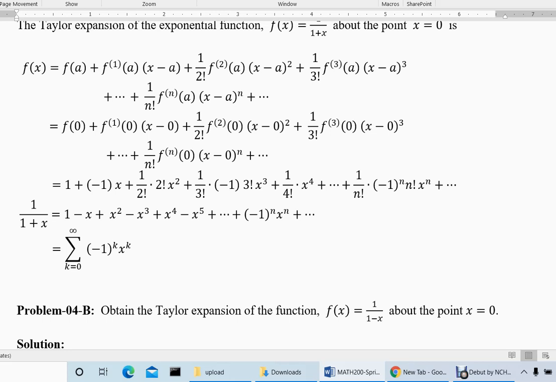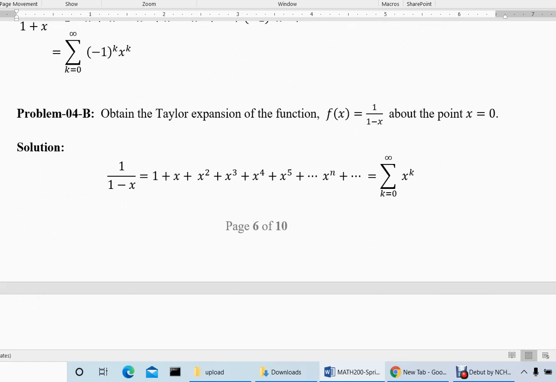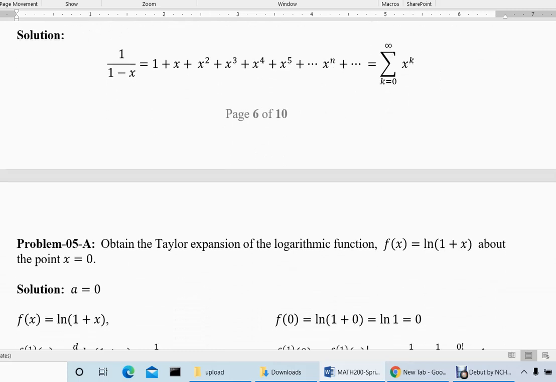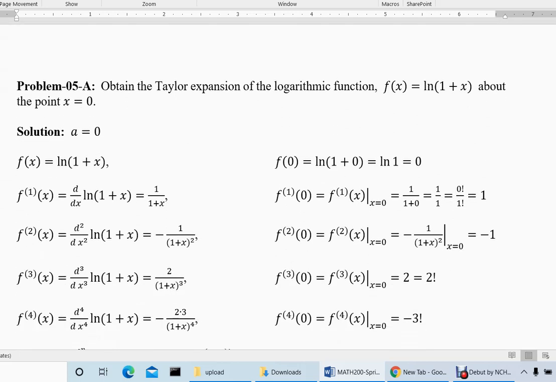For small x, you can just take the first 2 terms, which is 1 minus x, and that's what we do in our heat expansion calculations. Likewise, you can also obtain a Taylor expansion for 1 over 1 minus x. The signs will differ, and you will get 1 divided by 1 minus x is 1 plus x square plus x cube, like that. It goes on. In physics and engineering applications, these kind of approximations by taking 1 or 2 terms of the series are very frequently used.